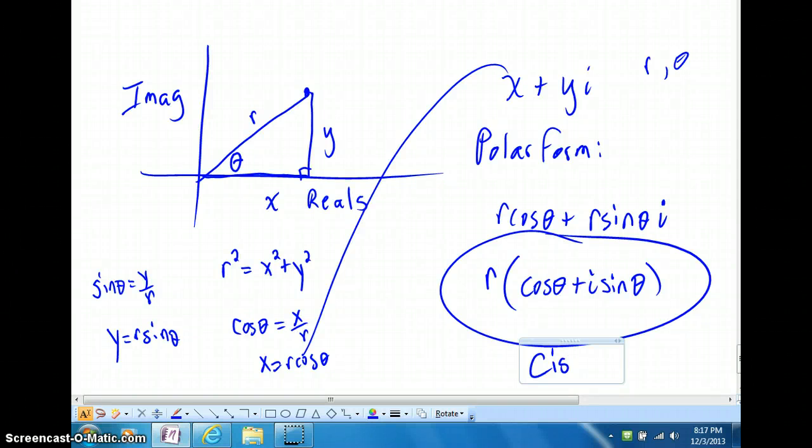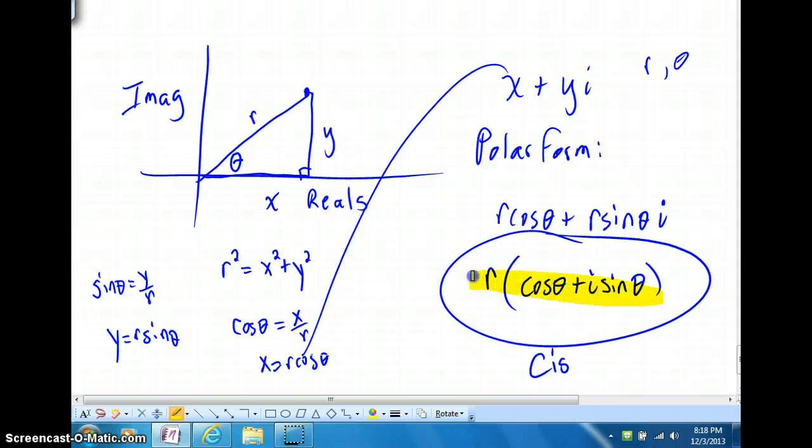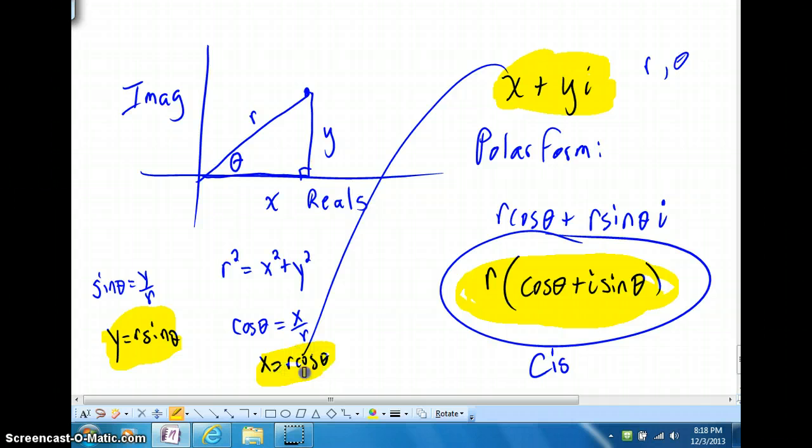Continuing on with where we left off before, we were talking about the polar form of a complex number. And the polar form is incredibly helpful. It's going to allow us to do some amazing things. We're going to see in the video in a few minutes how we can really take advantage of that. But again, what we were holding on to, and like I said, this is a topic that shows up a lot in calculus too as we talk about polars, is the link between the rectangular system,